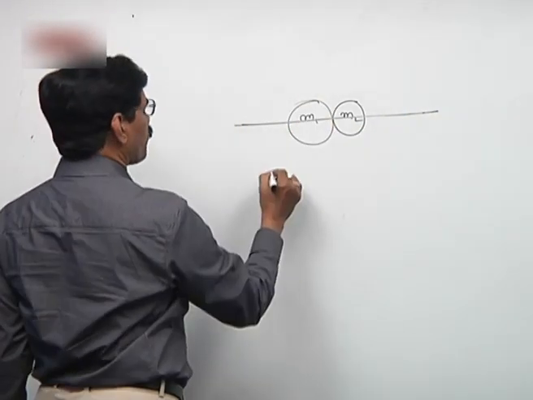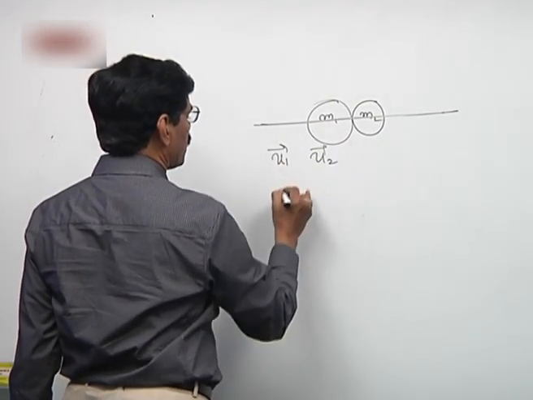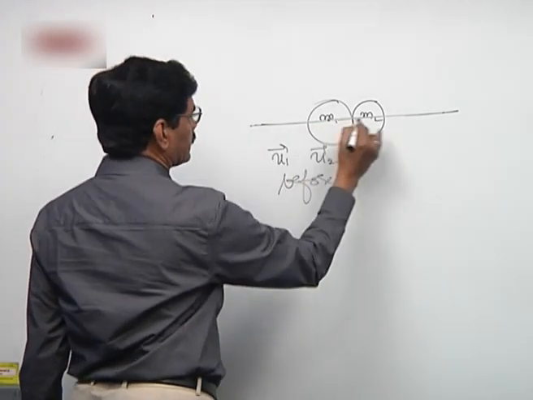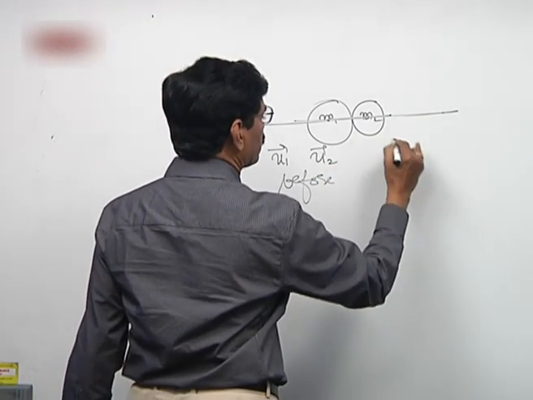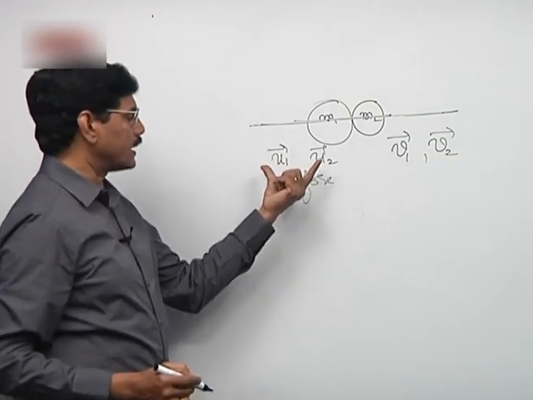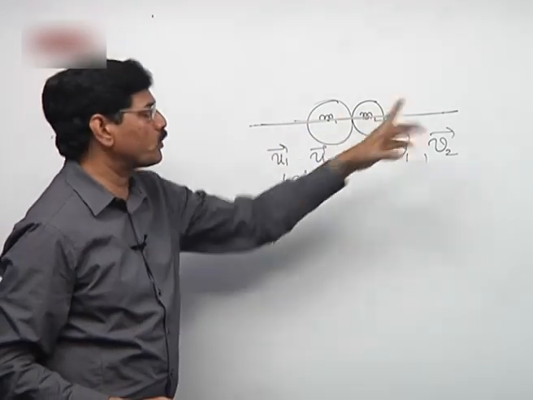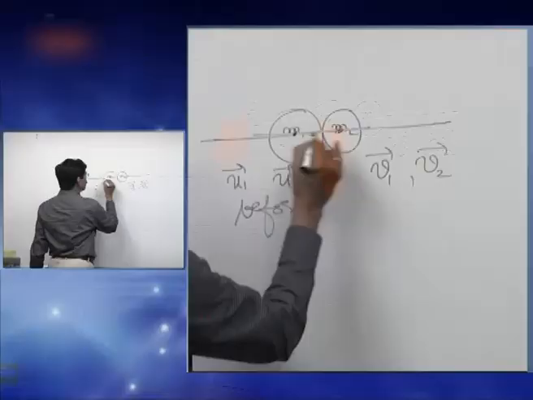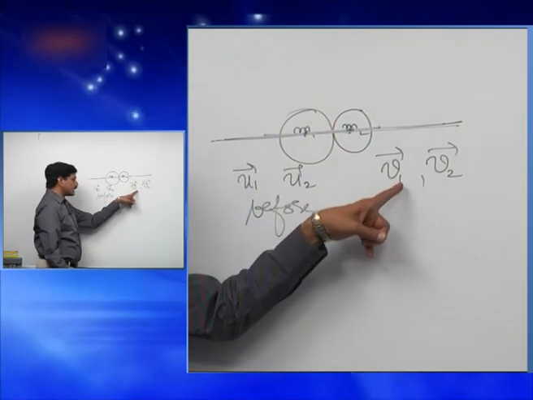Because of that, before collision, if the balls have velocities u1 and u2, these are the velocities along the line joining their centers. After collision, if the velocities of the balls change to v1 and v2, they also continue to be along the same line. And since before and after collision they are moving along the same line joining the centers,